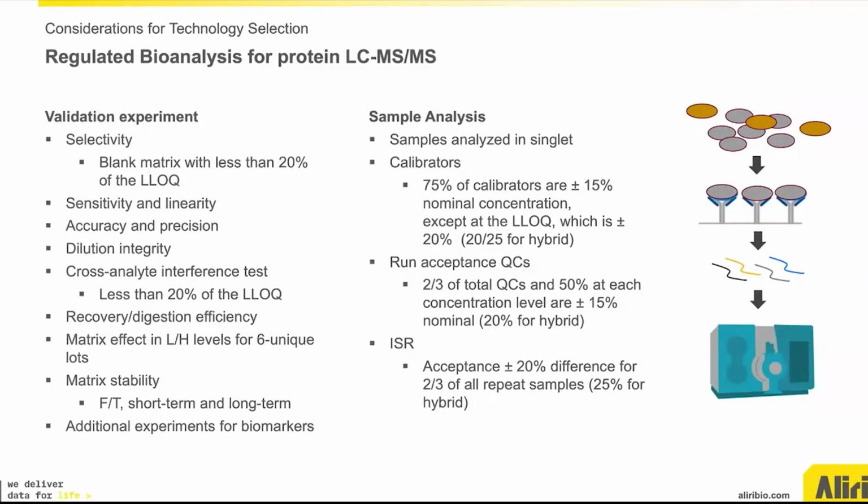However, when a hybrid approach is used, the criteria would be expanded to LBA acceptance criteria. Also on this slide are typical acceptance criteria used for protein LCMS sample analysis. These criteria again follow criteria like those of small molecule drugs, but they are expanded when a hybrid method is